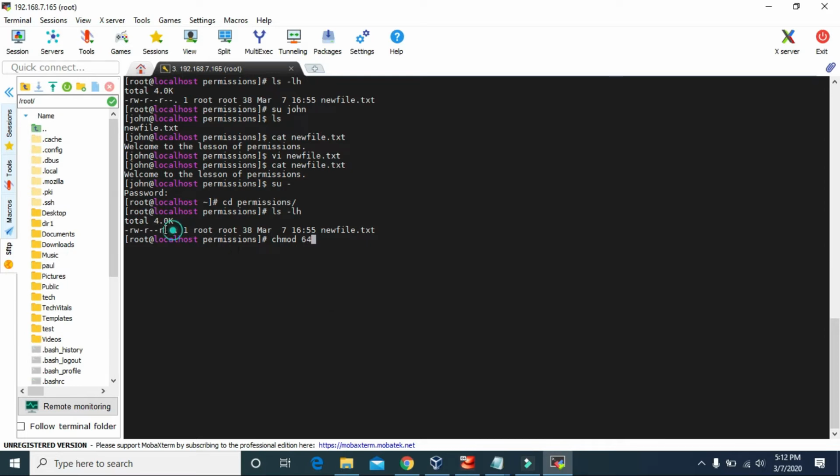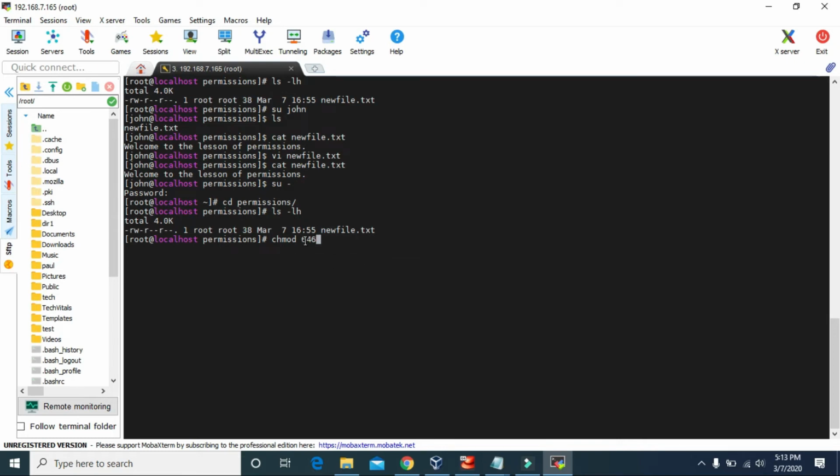But this one, the last section, it's for the other users, and we want to make a change in this section. We want to give the permissions to other users so that they can write or make changes in the file. So we have to make it RW. R has the value of 4 and W has the value of 2. So together we have to give the value of 6, that is 4 plus 2. So